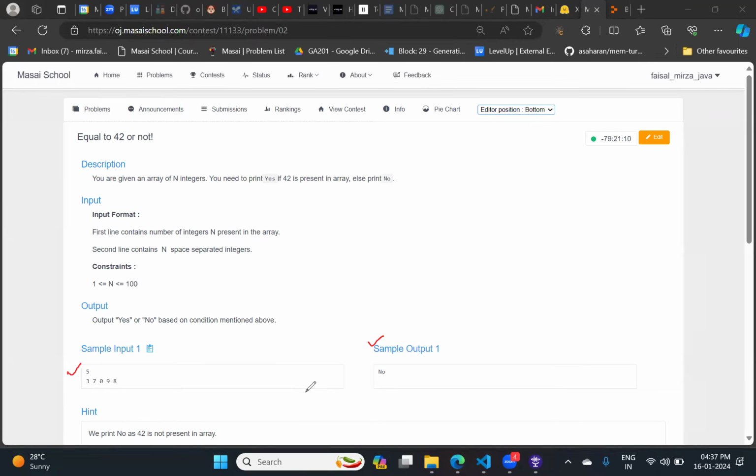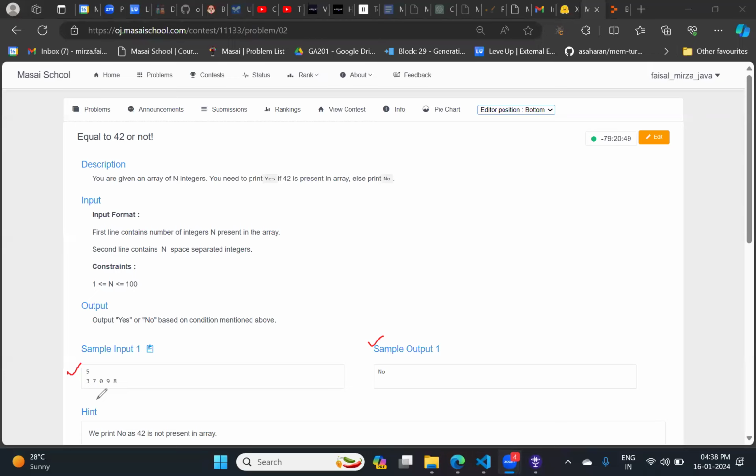Have you understood the question first of all? Yes, sir. I have completed this question. Okay. So tell me. The first line contains the number of integers n present in the array. Okay. The second line contains n space separated integers.